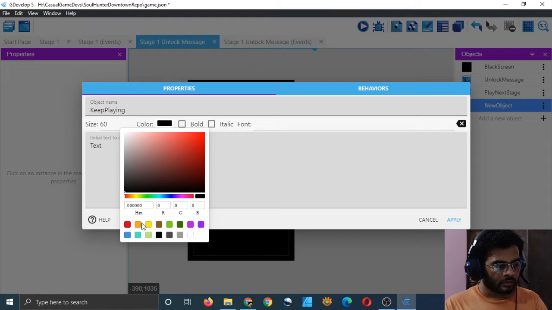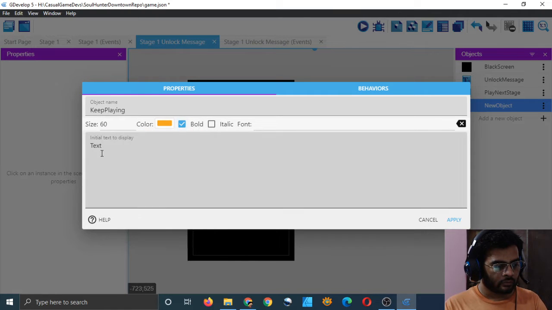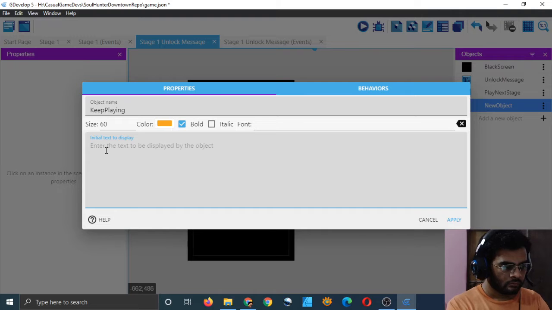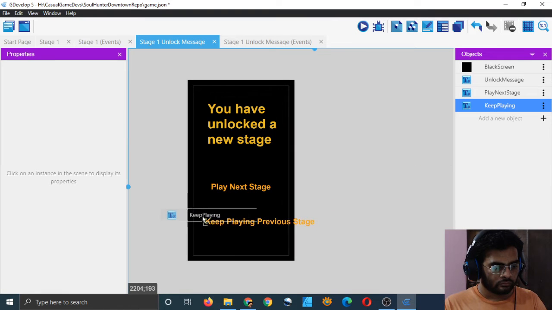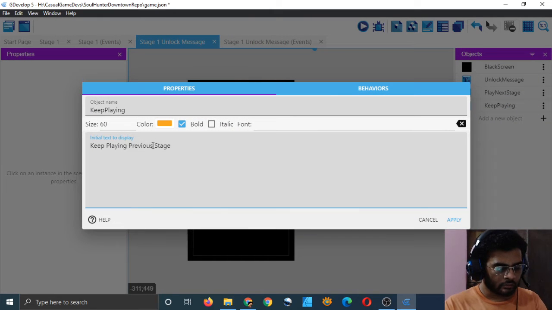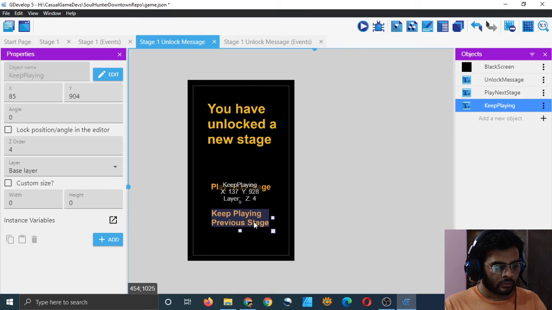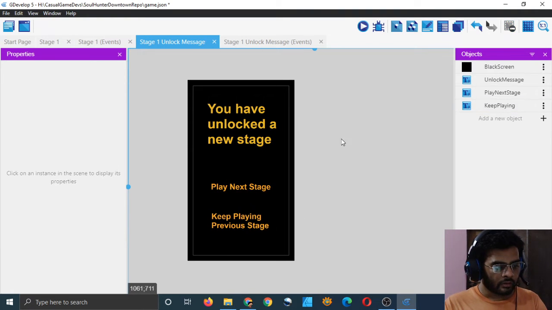Color should be the same one. Let's choose this one, bold, keep playing previous stage. I will have to do some next line. Yeah, better. Keep playing previous stage. So these are buttons, and they will behave like buttons.